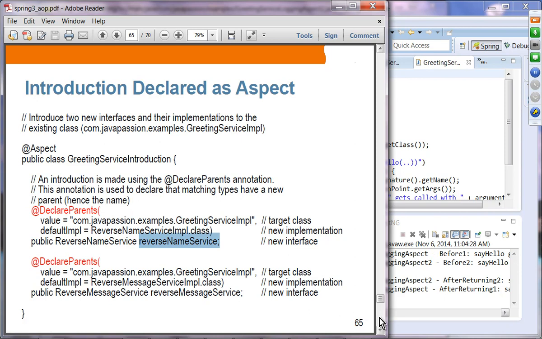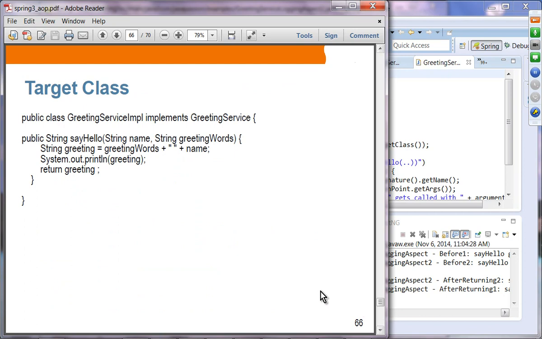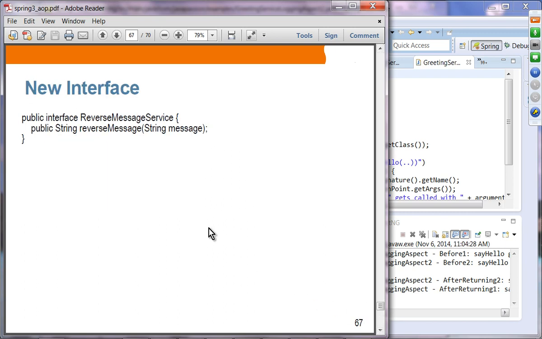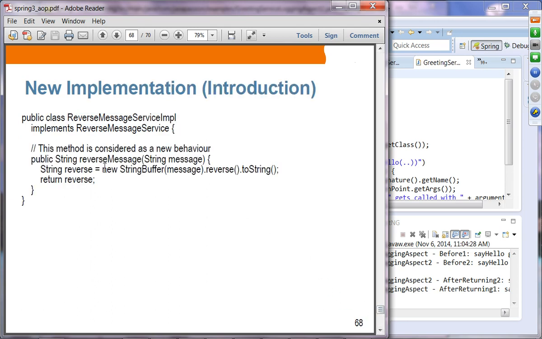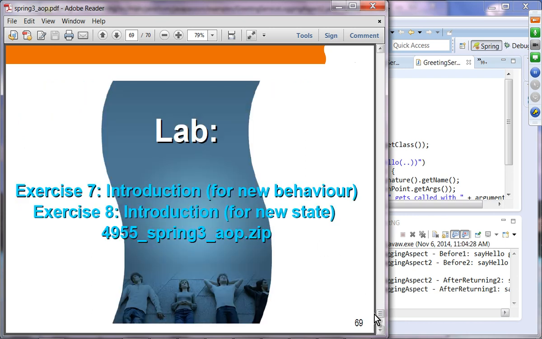Okay. All right. So this is the target class. The target class is basically displaying the greeting message. It will create a greeting message, display it, and then just return the greeting. Okay. And this is the new interface. What we want to do is reverse the message. And then the new implementation basically all it does is provide the reverse message method, and it will just reverse it. Okay. All right, so we're going to do exercise 7 for adding new methods, meaning new behavior, and